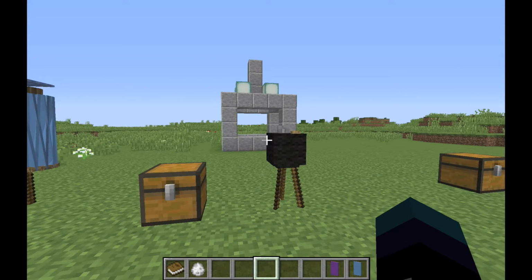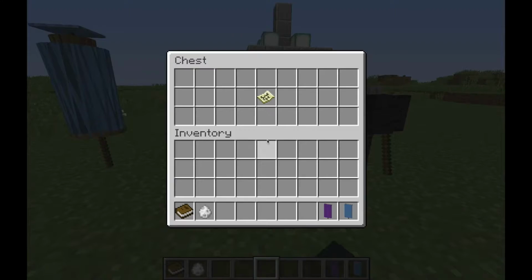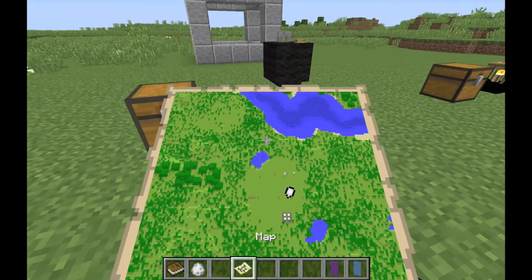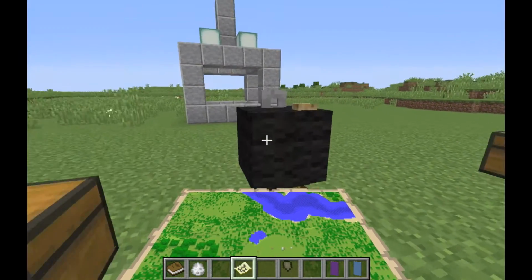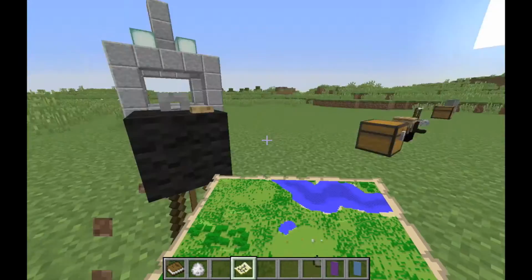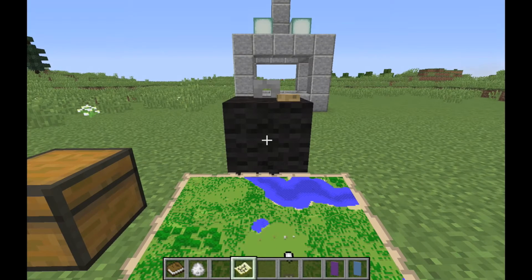The next thing in functionality is the camera. The camera doesn't just look awesome, it actually takes pictures. So all you need to do is make sure that you have a map, and make sure it isn't a blank map. It has to have been mapped. And then you click the side with the dispenser, which must be facing towards the structure, and it'll create a 25 by 25 picture. You just click as if you're opening a crafting table,